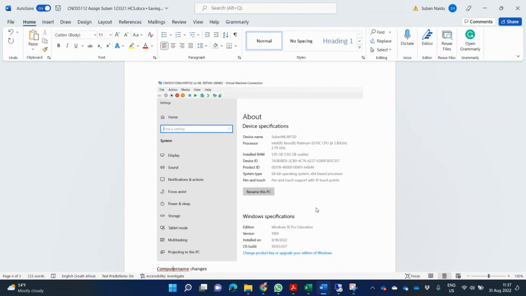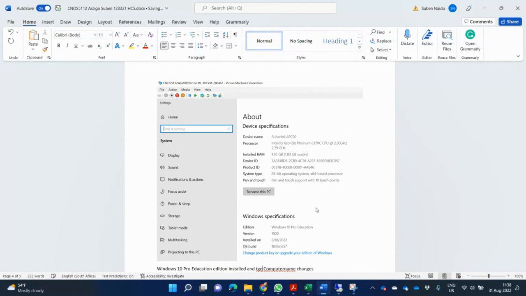But before I change the computer name, I have to install Windows, right? Windows 10 Pro Education Edition installed,